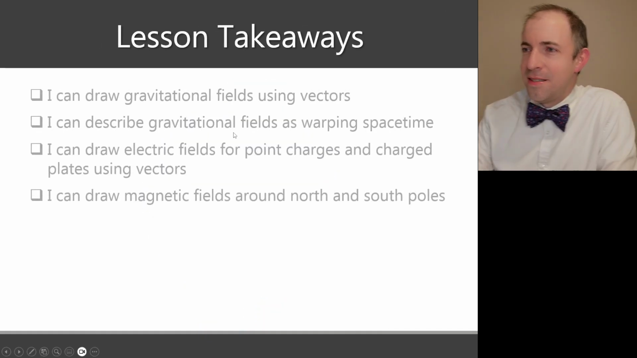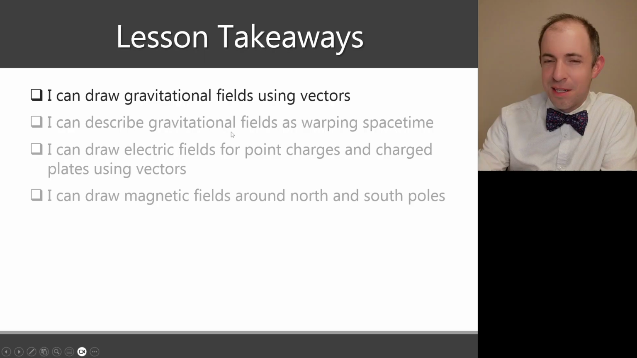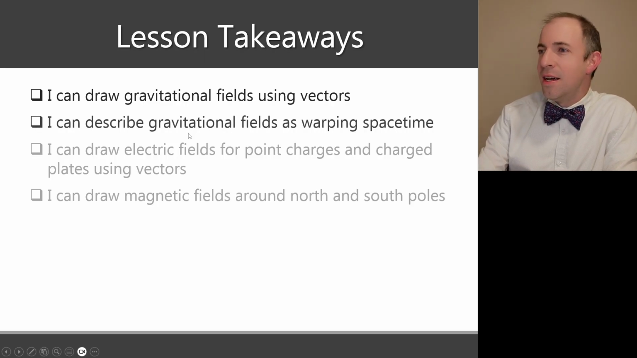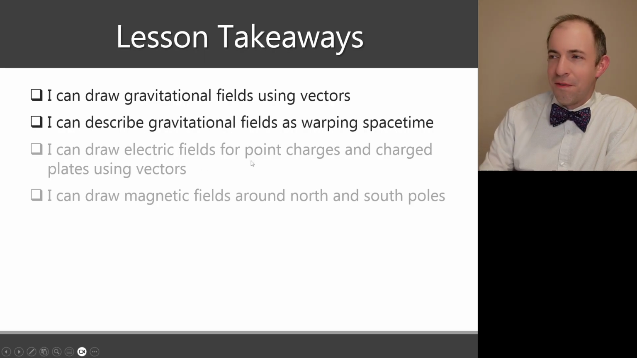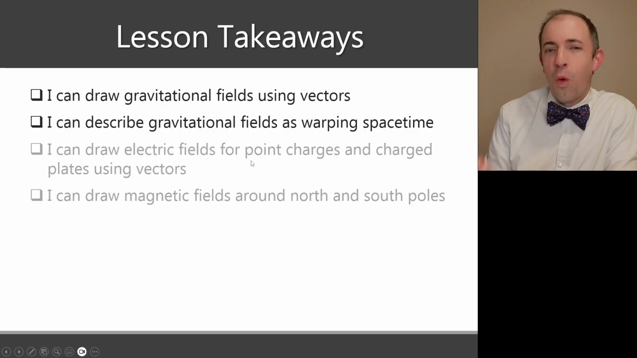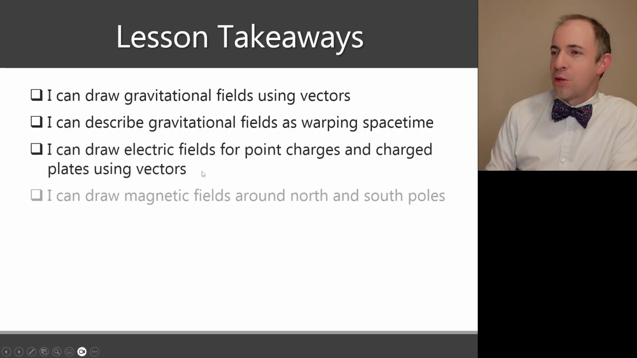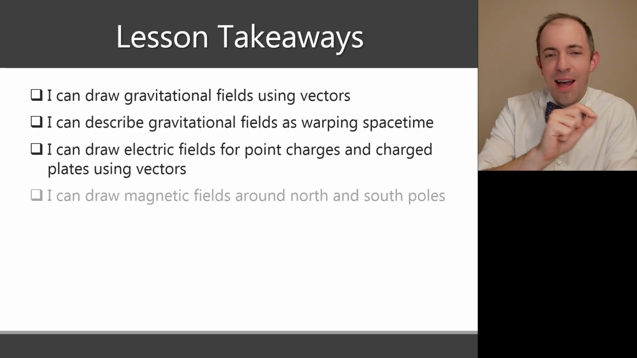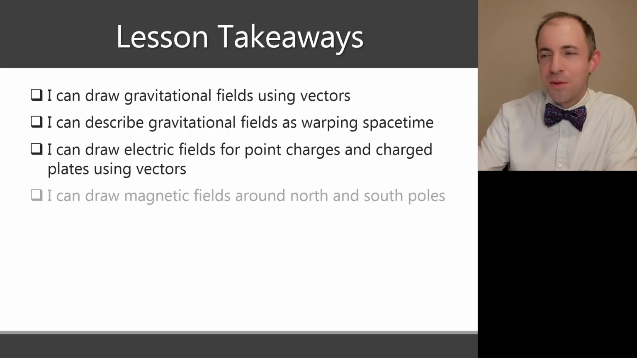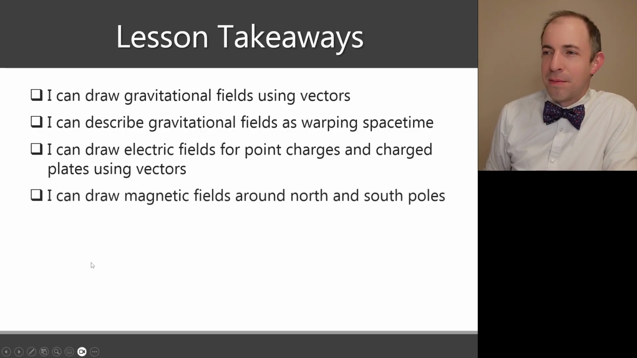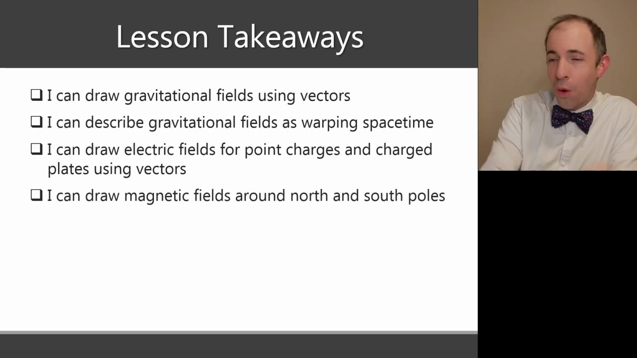So, in this lesson, you should be able to draw gravitational fields using vectors, always attracting. You should also draw gravitational fields, imagining it as a warping of space-time and understanding that Einsteinian model. You should be able to draw electric fields as point charges and charged plates. We will see those later on. And then be able to draw magnetic fields around a north and a south